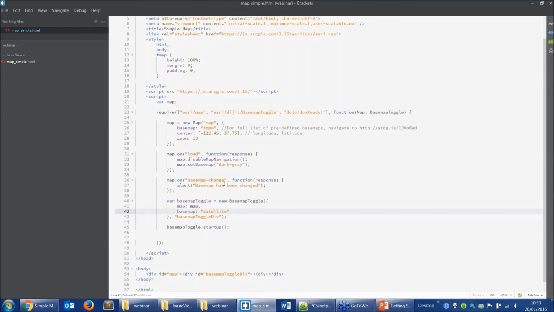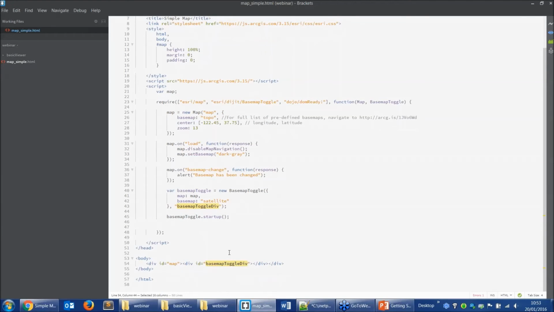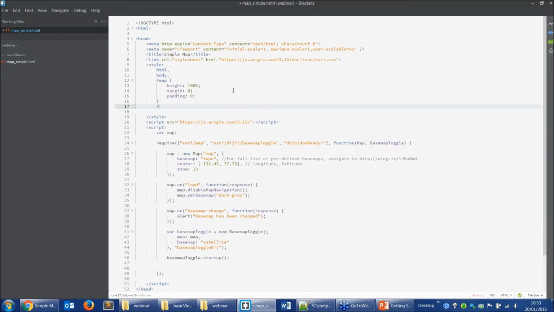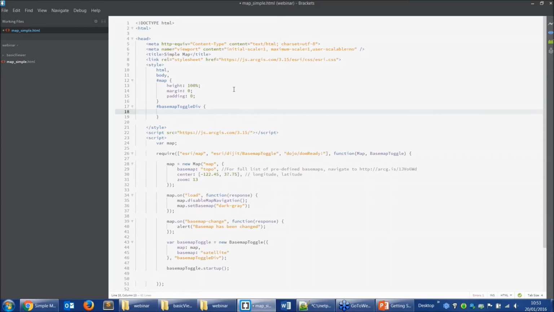So we want to style it a little bit more. You can style it by referencing the div ID here. So I'm going to go up here into my style. Now typically you would have different files for your JavaScript and your CSS, but just for the case of demonstration, it's a bit easier to show you in the one file. So this hash here means that you're referencing a div ID, so the basemap toggle div ID, and I'm going to add in a couple of